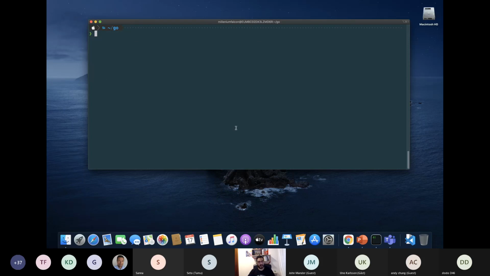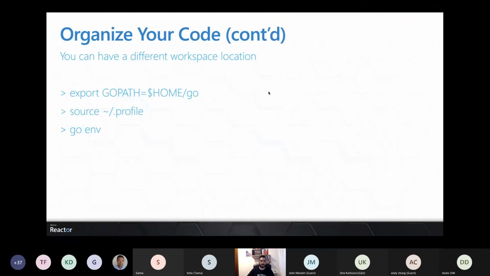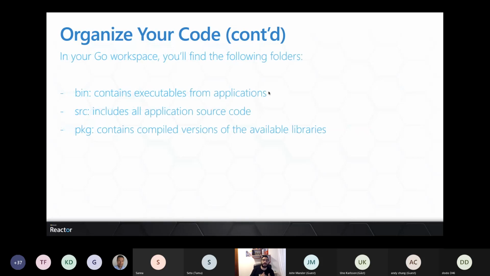But when you're adding projects, adding references to other things, there are 3 folders that you have to keep in mind. So in your workspace, you'll find the following folders. You'll have the bin, source, and package folders. The bin